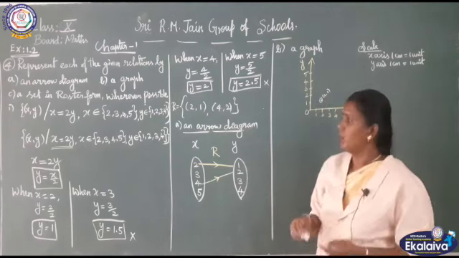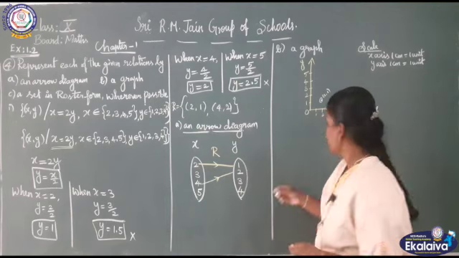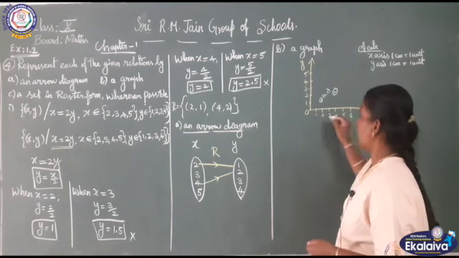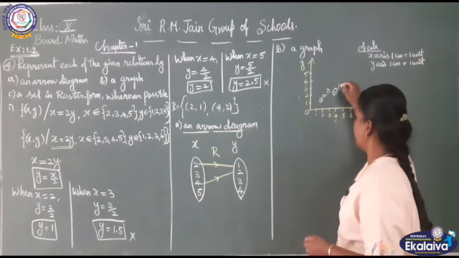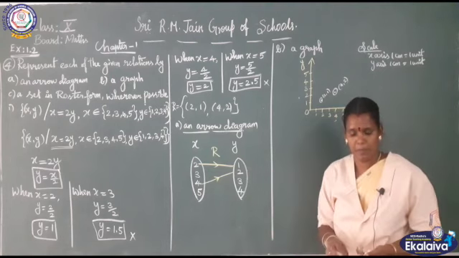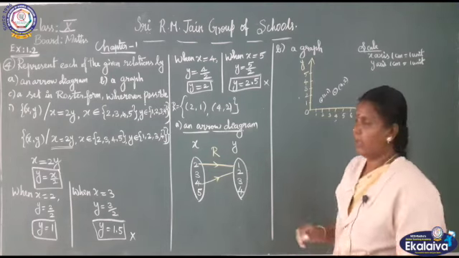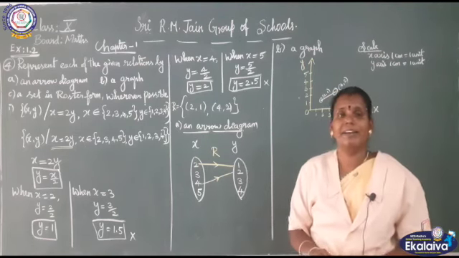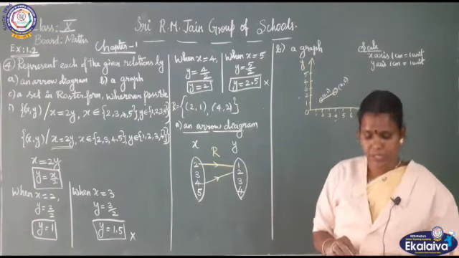Are you clear, children? Then the second point 4, 2. When X is 4, Y is 2. We have to see X value 4 and Y value 2, which is mapped there as the point 4, 2. After marking these ordered pair points, we have to join a line between these 2 points. So this is the representation of a graph. Clear with the B subdivision?